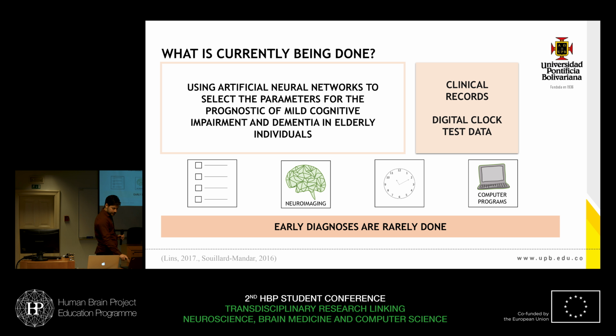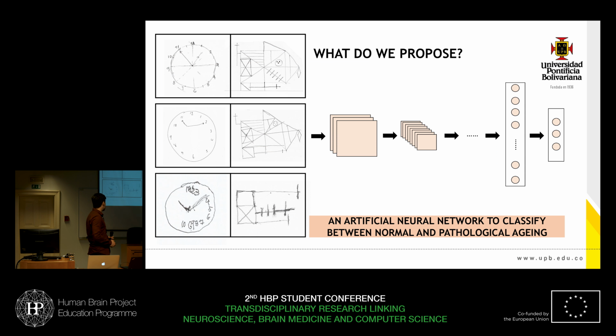But what we're proposing is to skip that step and use an end-to-end neural network that takes the drawing as input, and it analyzes the patterns and styles of this drawing to predict if we are in a normal aging state or maybe going down to a dementia